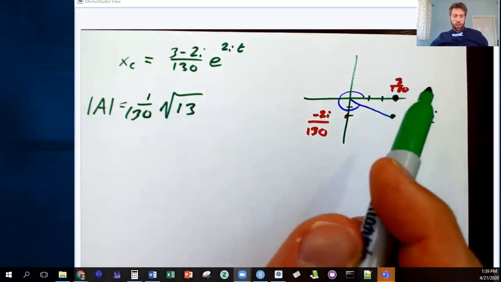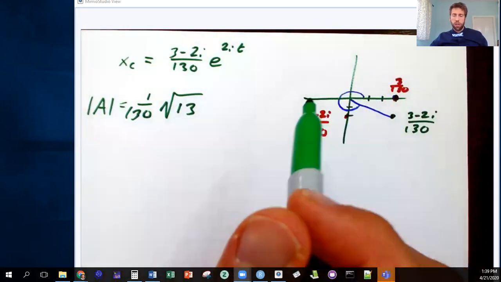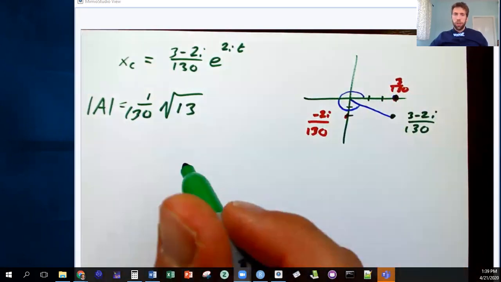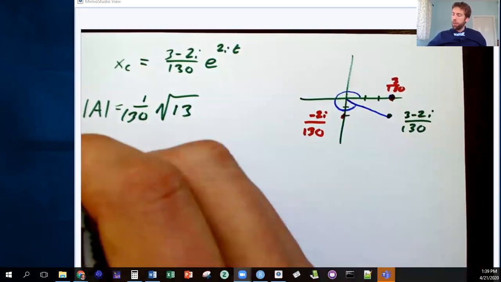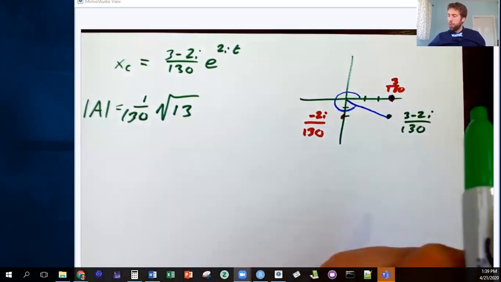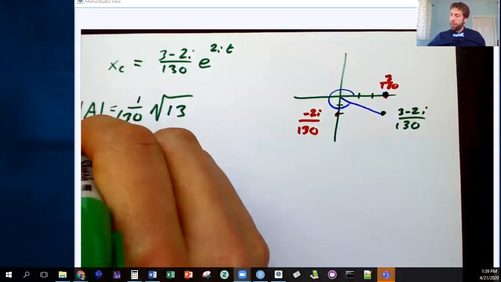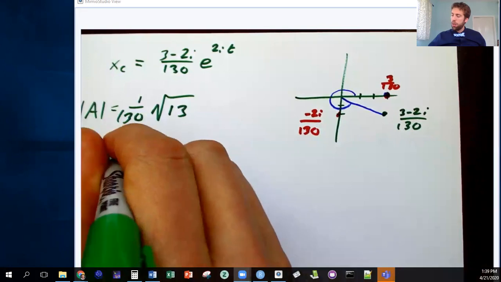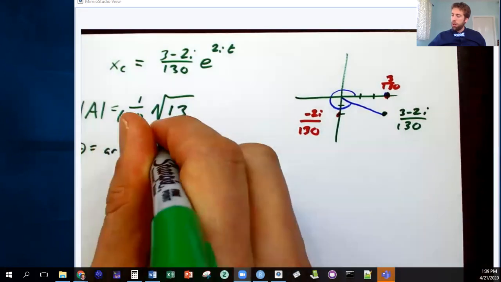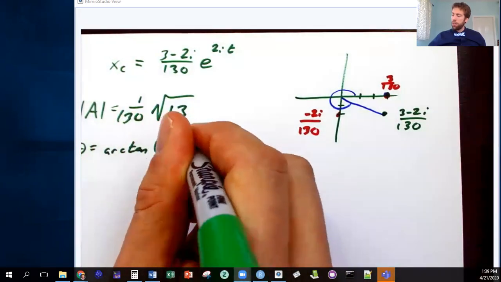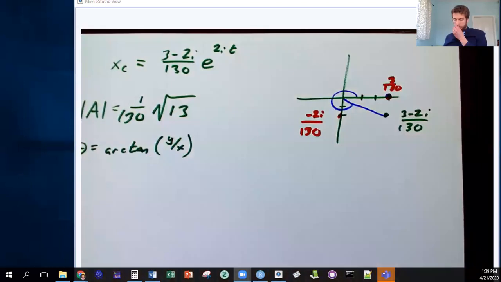Then we want to know the angle of that number A. And so the angle of that number A would be arctan of y over x. So theta equals arctan of y over x. So in this case, we're talking arctan of, let's see, my calculator here,